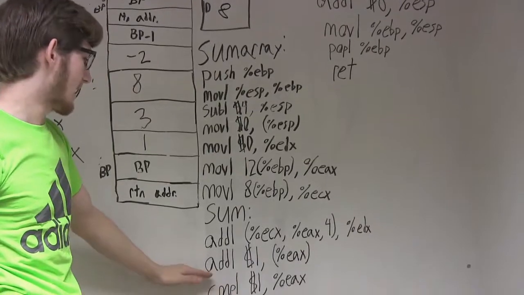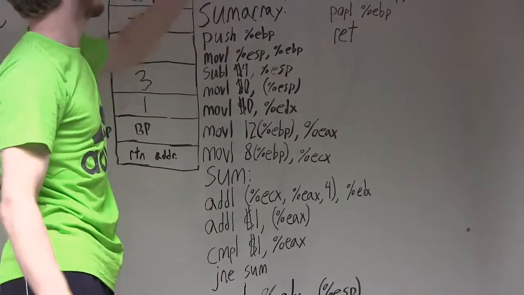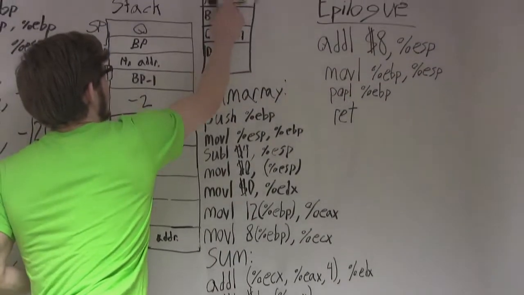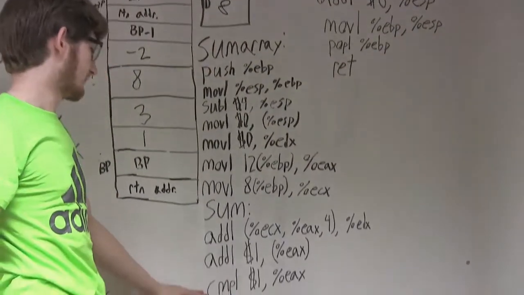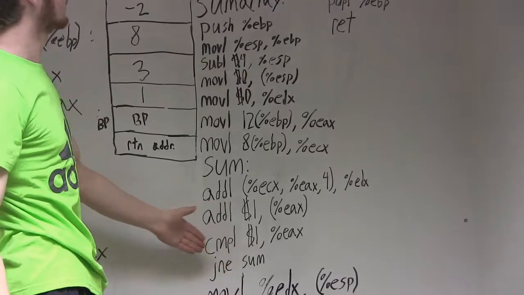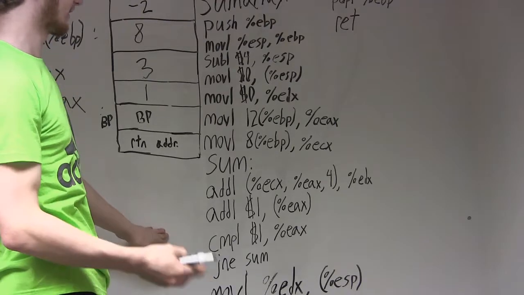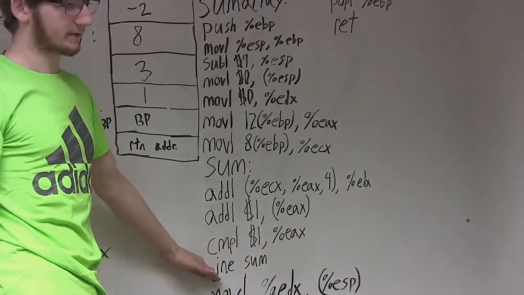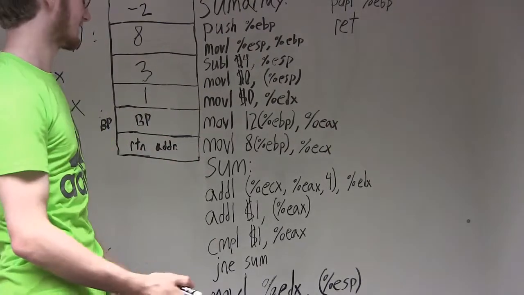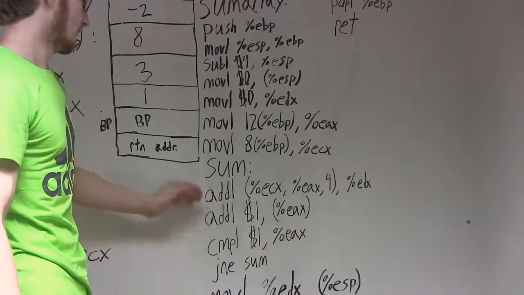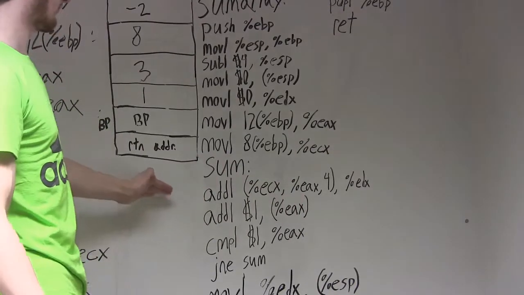We then proceed to add a 1 to the A register, which will bring that -2 down to a -1, or rather I should say up. It then compares 1 against the value of the A register, so you're basically saying -1 minus 1, which will give you -2, and if it is not equal to 0, as JNE means, it'll jump back to sum. Because -2 is not equal to 0, you jump back to sum. We go through the process again, where this time it's -1 times 4, so it's -4 from the ECX